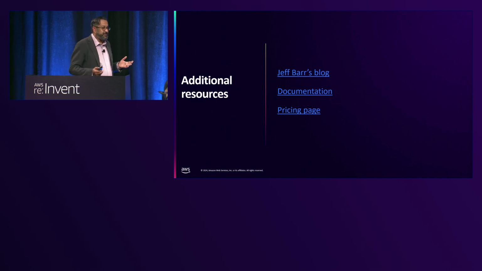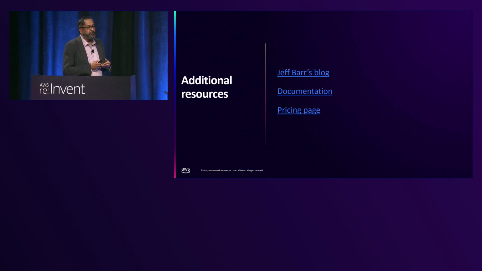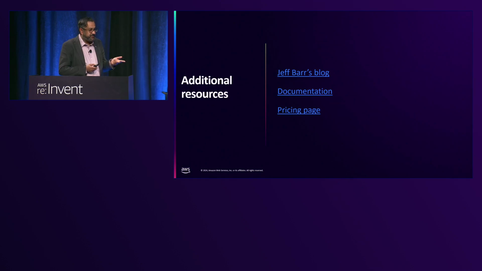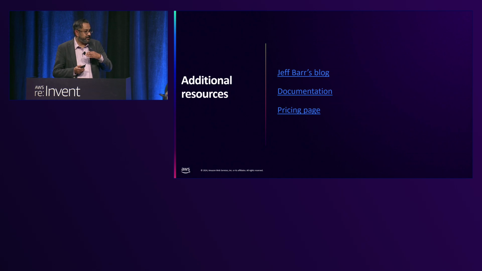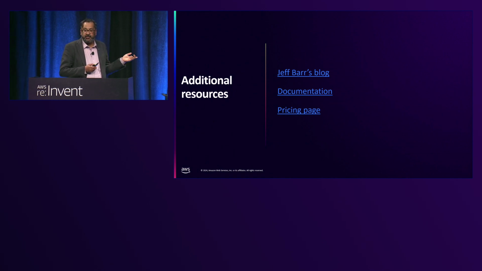Finally, I know everybody asks about pricing, and we didn't touch on that, right? I can see some shaking heads out here, right? So this feature will be priced per mutation. Like you said, every time there's a change in the object, either a put, delete, update of object tags, or even a change of storage class, there's a new line or a mutation in the S3 table, right? Metadata table. So we're going to charge you per million mutations or updates to the table. I've put a link to the pricing page. You can go there. It's live right now. So if you go to the S3 pricing page, you can see the pricing per million mutations for the region that you're interested in.